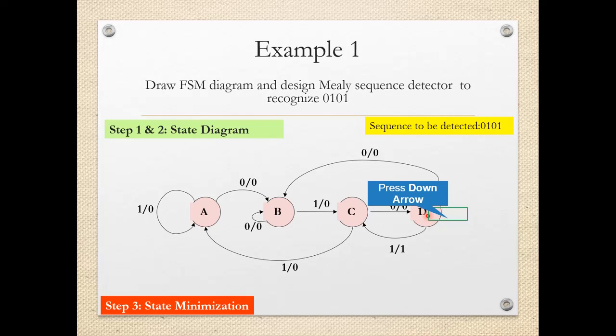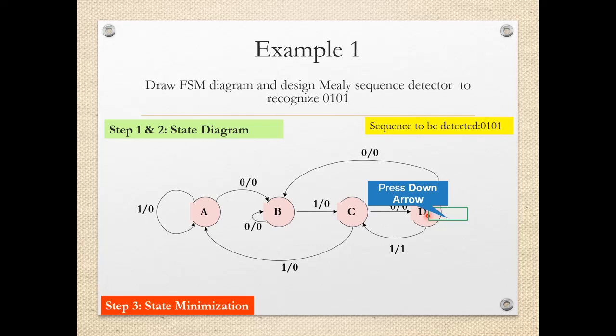Before going to the next step, there is a step number 3 which is called the state minimization. So in our case, we have 4 different states. If there is some redundant state, that is repetitive, where no extra information is coming or no extra work is done in that particular state, then we can remove that. So we are going to study that in our next lecture, that is the optimization of FSM. So here, whatever example I have taken, it is not possible to have the state minimization. So this step we will not do over here.